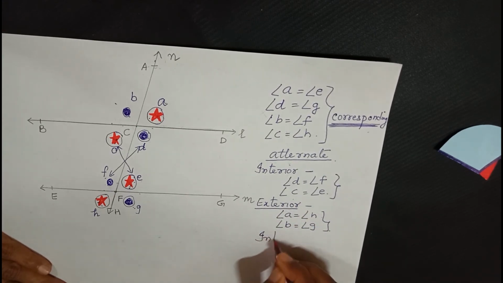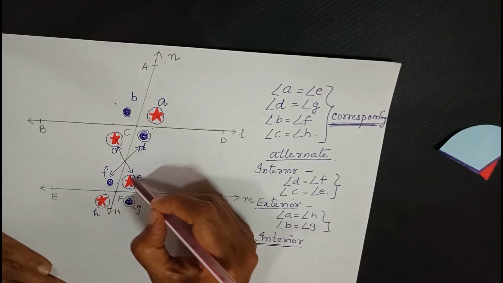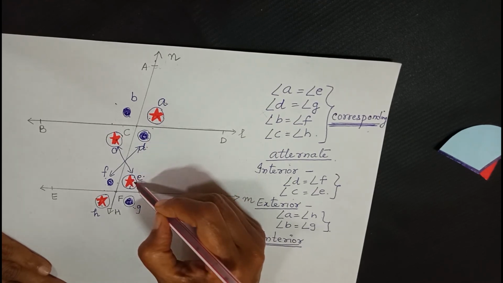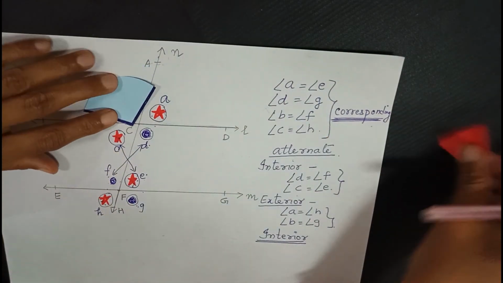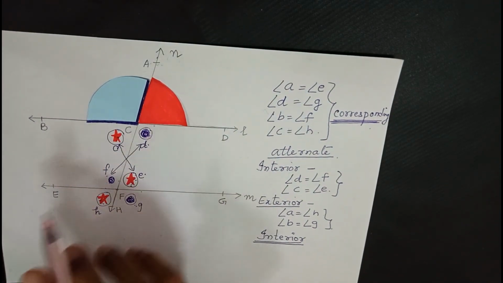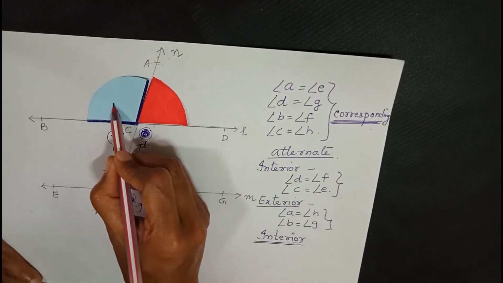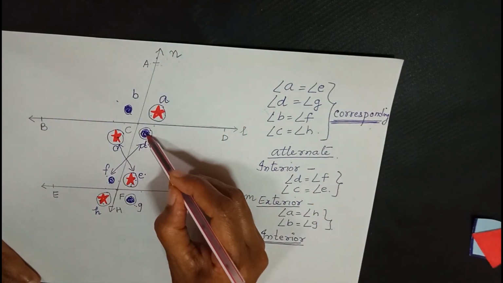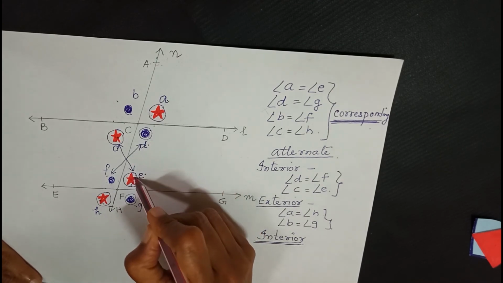Now what is remaining is interior angles. Now you can see interior angles on one side, that is angle D and angle E. They are not equal. But what property do they have? As we had discussed, these two are forming a straight line angle. That is, the addition is equal to 180 degrees, a straight line. One red and one blue. Total will be equal to 180 degrees. So you can see here also one blue and one red. That means their addition will be equal to 180 degrees.